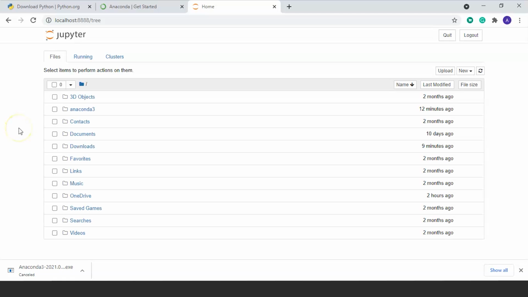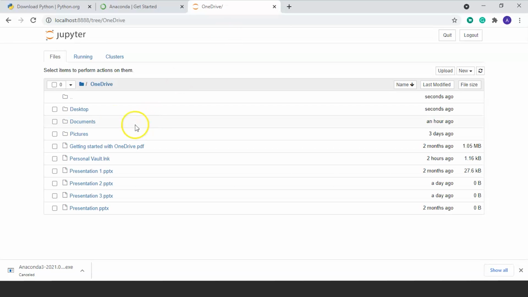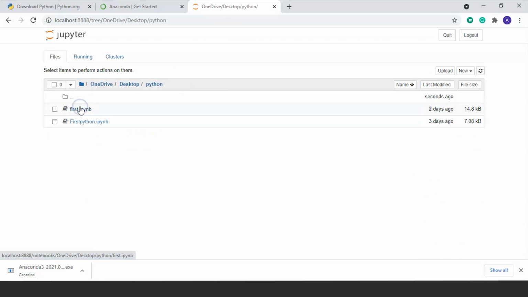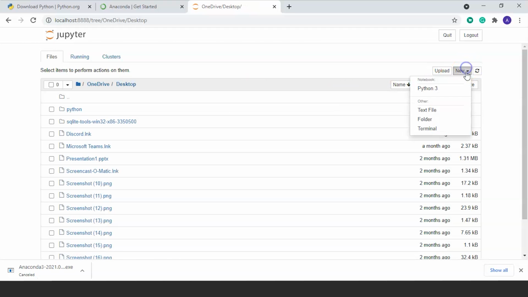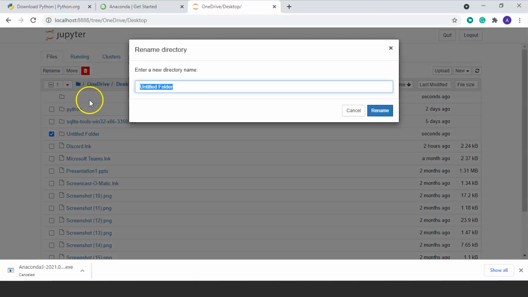Now create a folder where you want to store the projects and rename accordingly. So to create folder, we'll create the folder in OneDrive. I will create the folder on desktop. New folder. We will take the untitled folder and rename it.